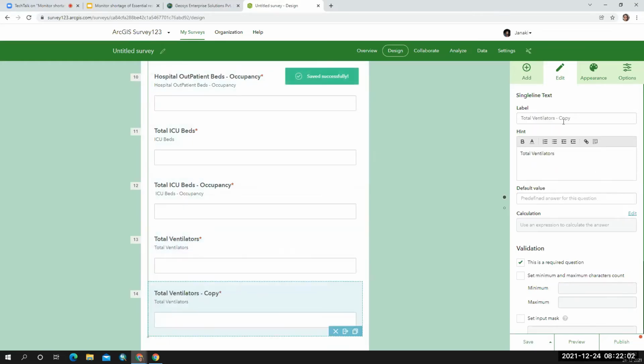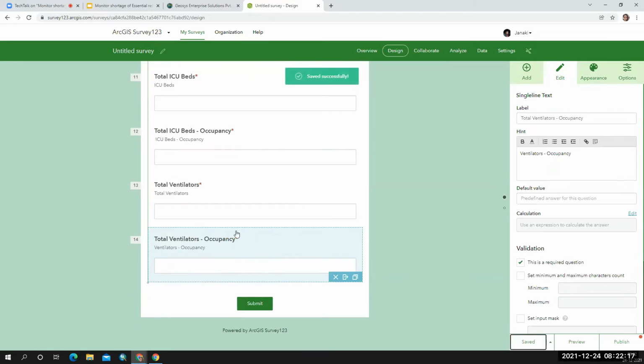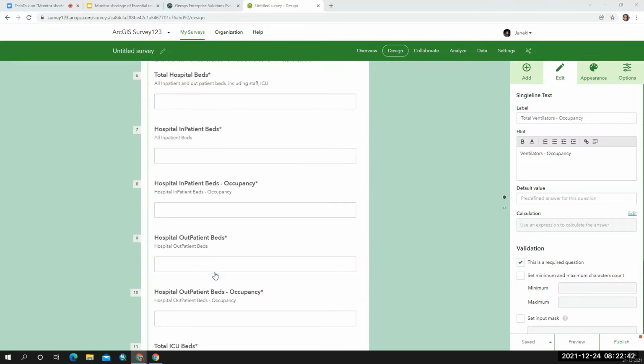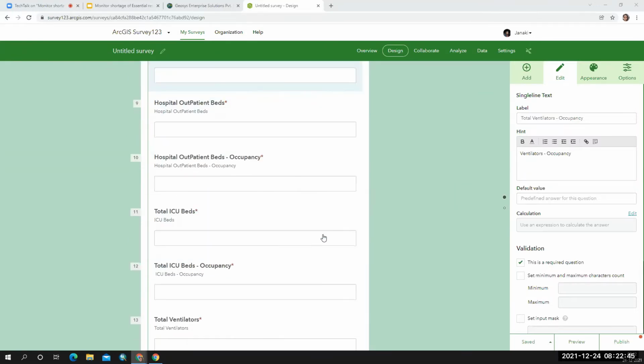So similarly, I would like to have the occupancy of the ventilators. So I can put the other. So this is about the hospitalization details.